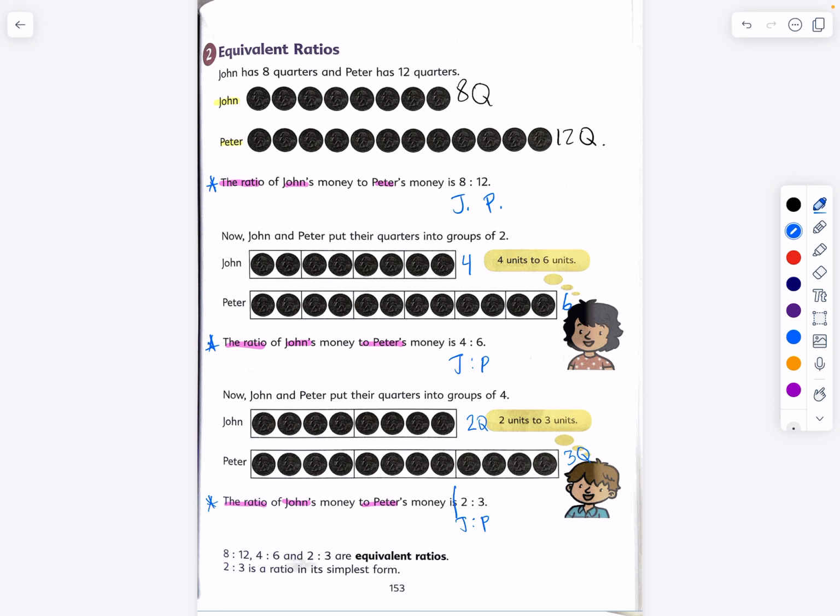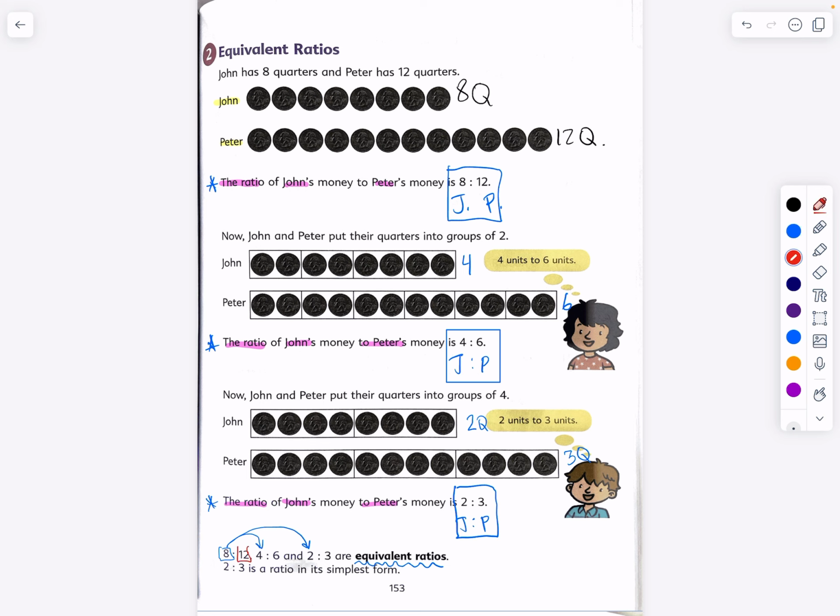My friends, to say 2 to 3, and to say 4 to 6, and to say the relationship or the comparison of 8 to 12 is basically to say the same thing. That's why we call these ratios equivalent. Take a look, very similar to fractions. From 8 quarters, we reduce them to 4 groups, we reduce them to 2 groups,